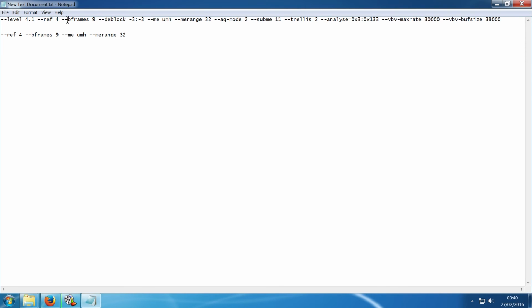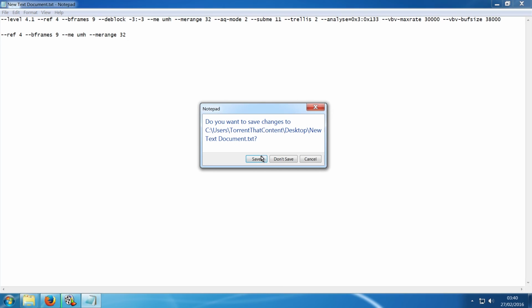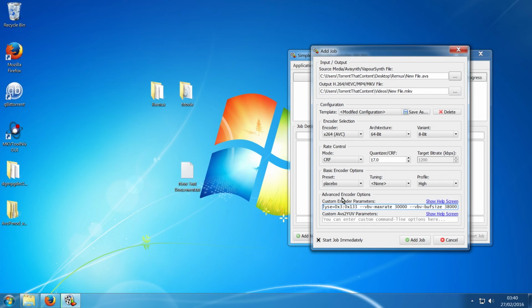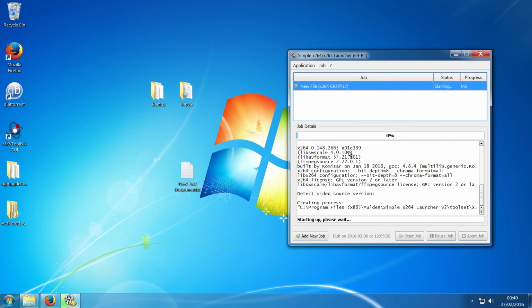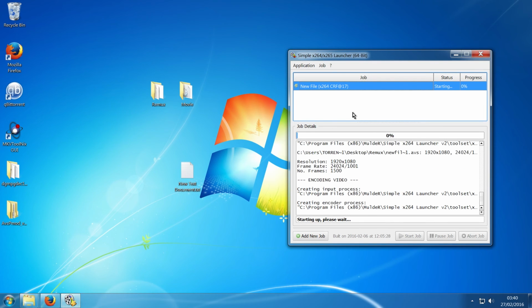If people want, I can post this code in the description. It's just the one that I normally use as my default to see what the quality will be like, and then once it's done, I will change it. So once you've entered all the stuff that you want, click Add Job, and then it will start encoding. But it's going to be a long time for this encode, so